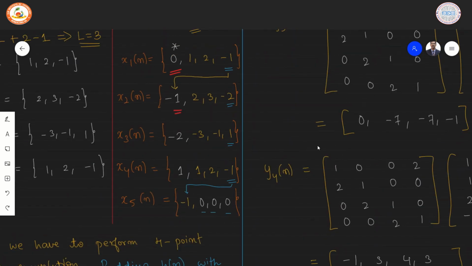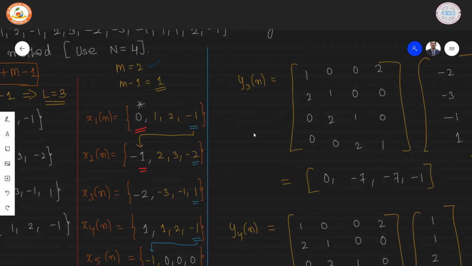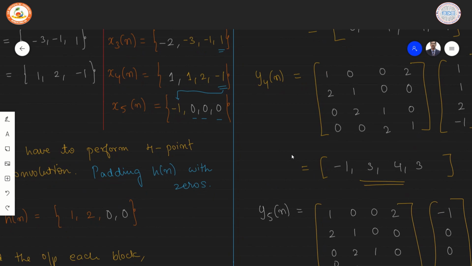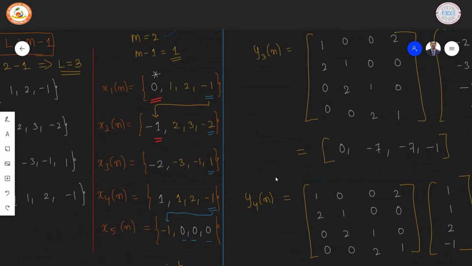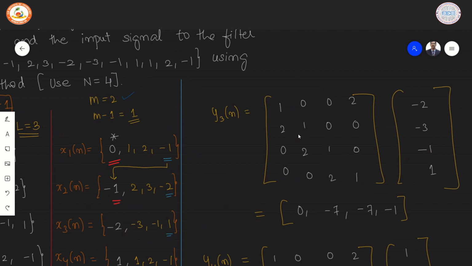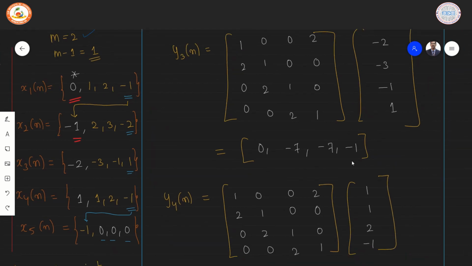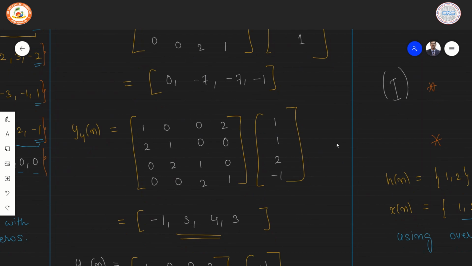Let us do the calculation now. Since convolution satisfies commutative property, we can take any block first. Here we choose to take h of n first because h of n is a same repeating sequence. So for each block we can place the same h of n at the start without thinking too much. So first we arrange h of n in the form of an n cross n matrix, and then we multiply it by the input sequence, which is x of n. This results in the outputs that we have shown here, and we get outputs for the 5 different blocks.